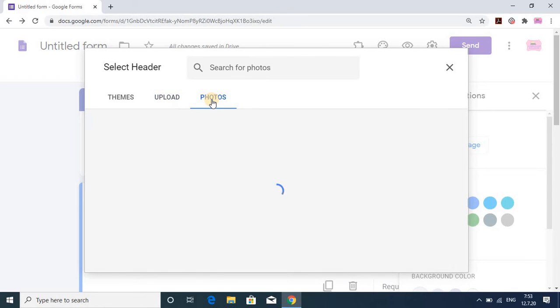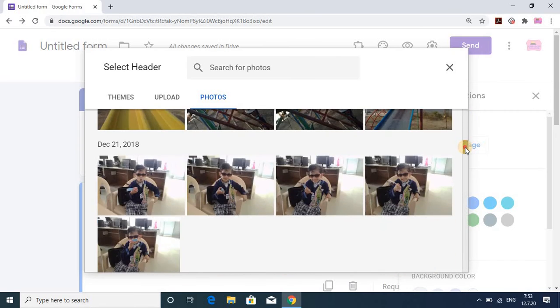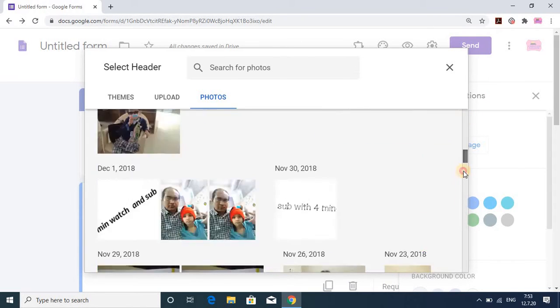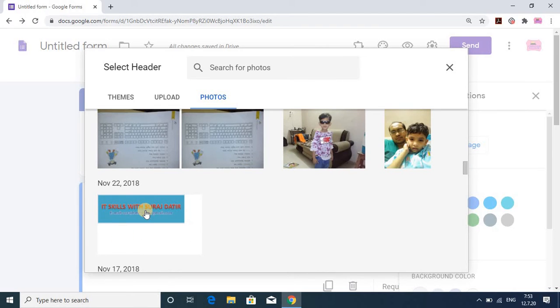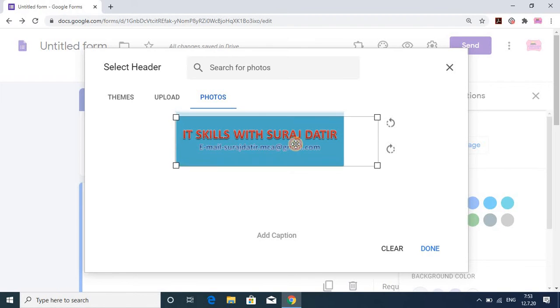In the Photos option, if you are using a smartphone, then you have to take out the image. In the Photos section I have some images on my laptop, so you can select that. Suppose I'm having this image in the Photos section. After taking the image, you can just crop this